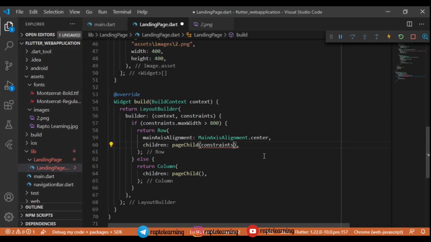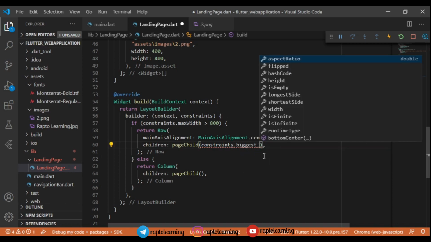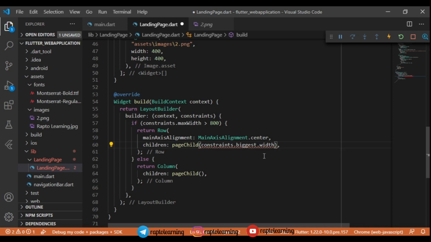That means if the screen is large, then we will pass a smaller width size. We will use constraints.biggest.width, and I don't know why this is not working. We have to pass just a weight. So let me see.